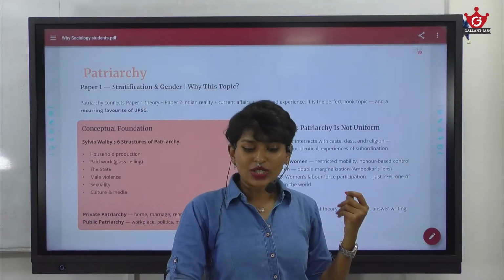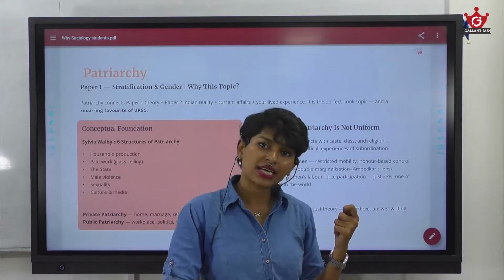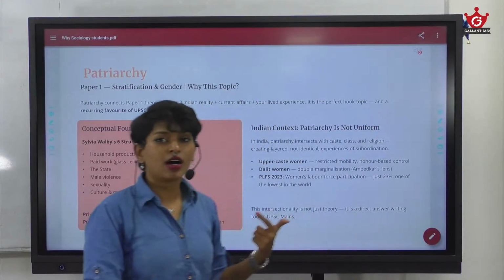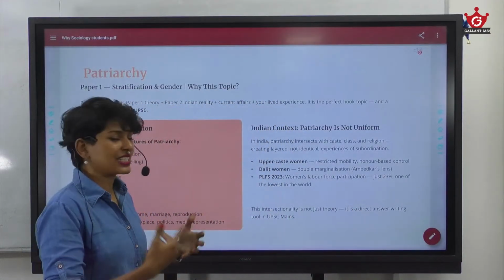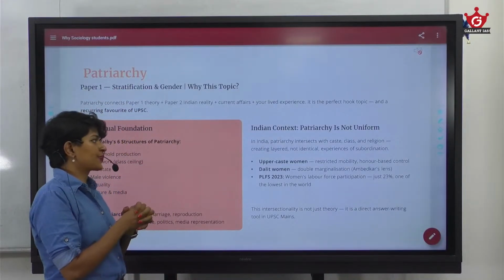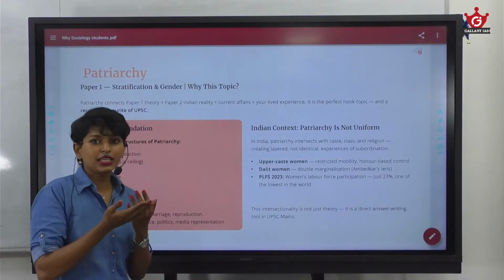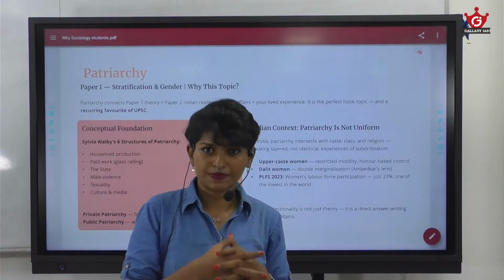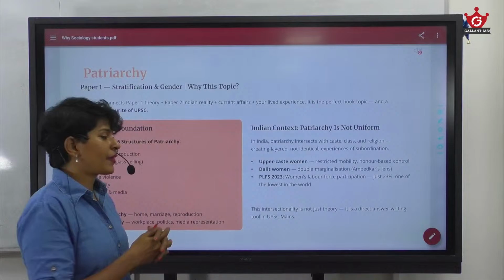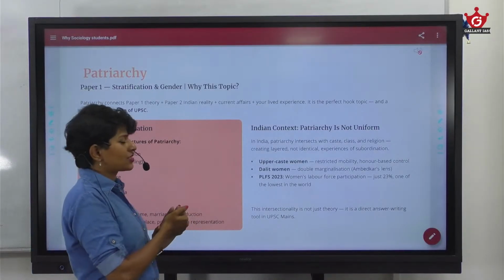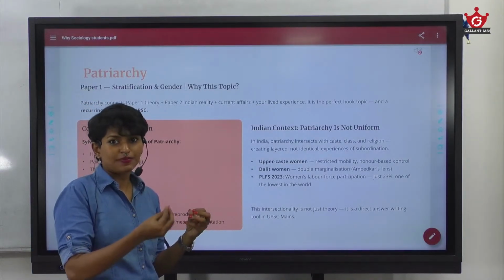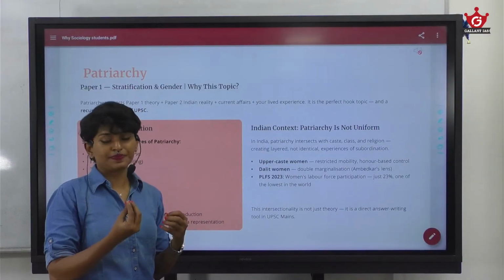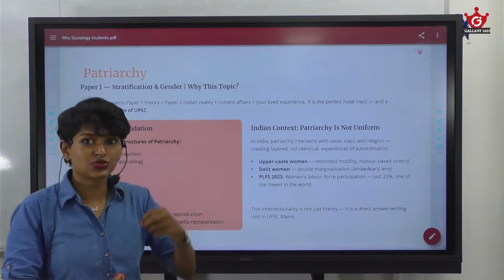So when you understand patriarchy, I know this is a very familiar topic for you. I've heard it again and again from different contexts. If I say the literal meaning of patriarchy, you would understand the rule of the father, right? But patriarchy, what we are learning in sociology, is not the literal meaning. Patriarchy is the system we have in society where